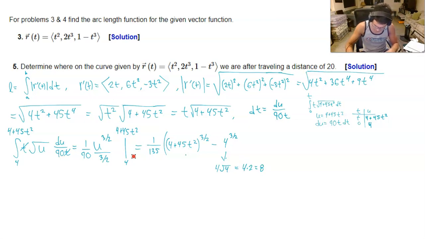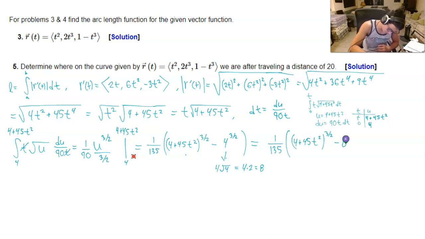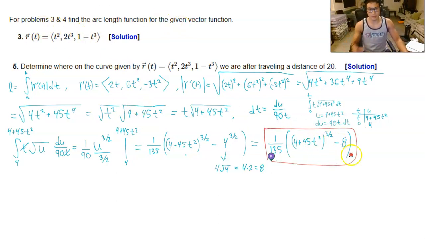Okay, so I'll clean this up in a second. This will be 1 over 135, and then we'll have (4 plus 45t squared) to the 3 over 2, minus 8. Okay, so this is your first answer. This is your answer for number 3. This tells you the arc length as a function of time. So let's just say for 2 seconds in, then this is the distance you will be along the